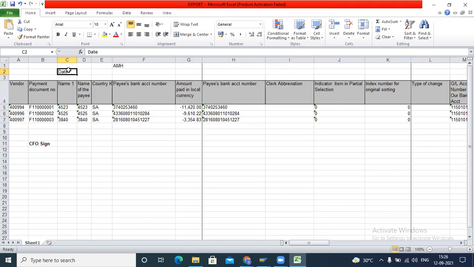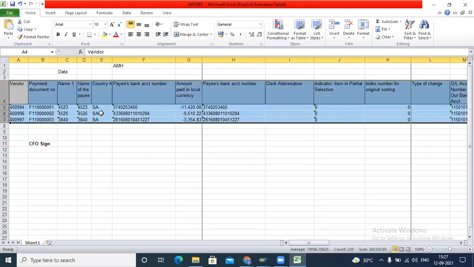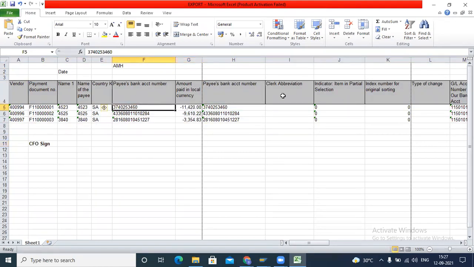And in the Excel file you can create your format accordingly. That will take some time, but only a few hours and you can create your Excel format. Then you can download this data anytime, just copy and paste, and your format is already ready, and you just need to print. You can take approval for multiple vendors in one go, or you can download this data separately for each vendor if you want to take approval separately.